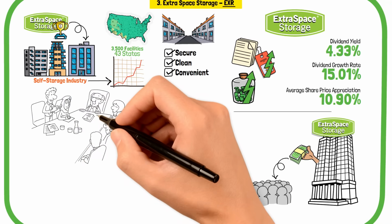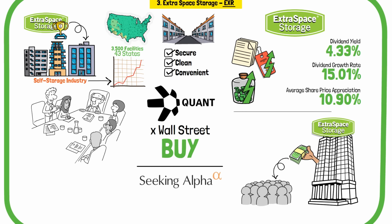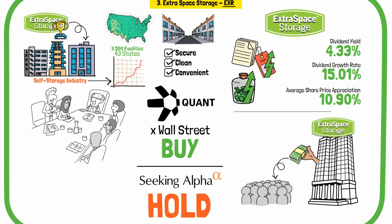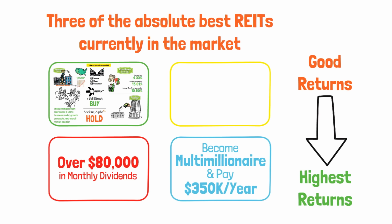The quant rating for EXR is a solid buy, which is also backed by Wall Street analysts. Even Seeking Alpha analysts give it a hold, indicating a general consensus of its strength and potential. These ratings reflect confidence in EXR's business model, growth prospects, and overall market position. Next up, at number 2, we have another promising REIT,